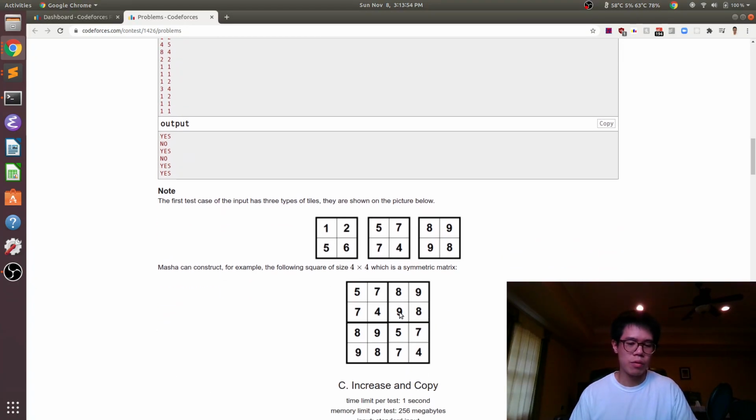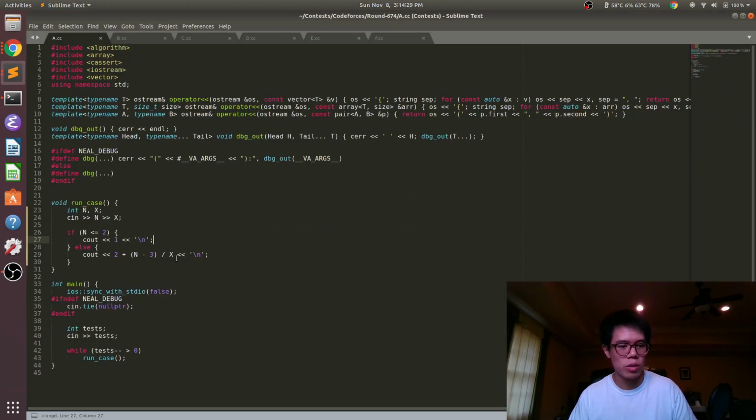For this problem, you can take a minute to convince yourself that that works. In order to get to this, we just analyzed for a tile on the diagonal, what does it have to do? And then for a tile that's not on the diagonal, what does it have to do? It matches up with some other tile. For example, these two in particular have to be reflections of each other. So pretty simple. As long as we can fill the diagonal itself, we can just fill the rest. And so we can just code that up.